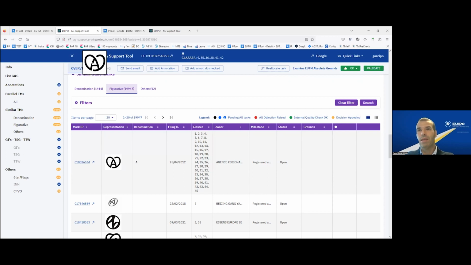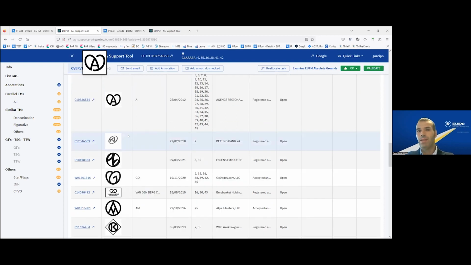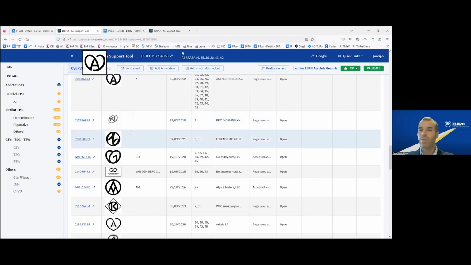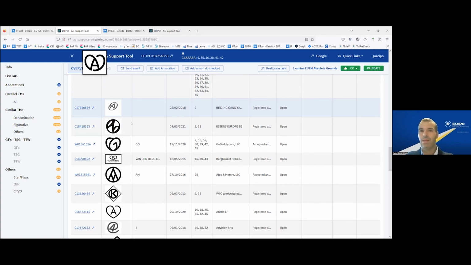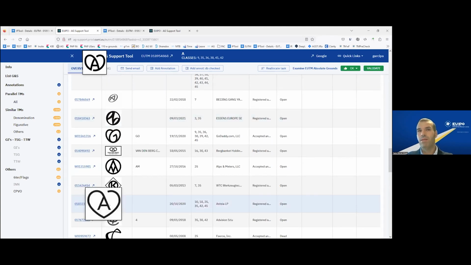And in order to decide if it is distinctive or not, it's a very good practice in order to increase consistency to check previous similar cases in the area of AE, okay? And basically, this is searching in more than 2 million trademarks, okay? And as you can see, the results in some cases are very relevant. For instance, this one is very similar to the one that I'm trying to examine. And if this one was considered okay, for me, it's a hint to consider as well the one that I'm